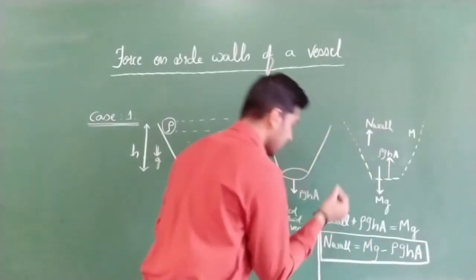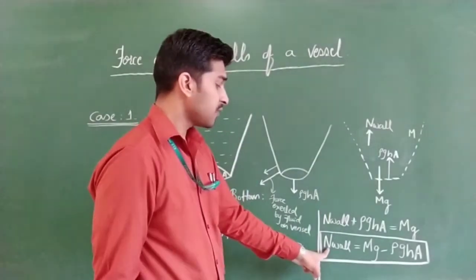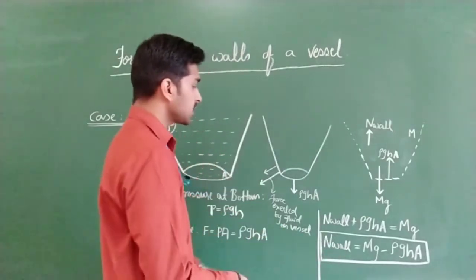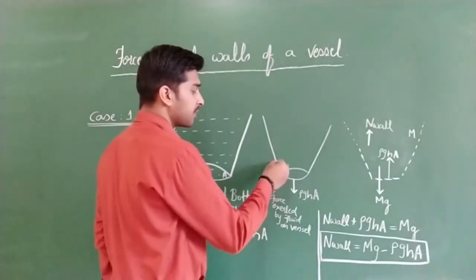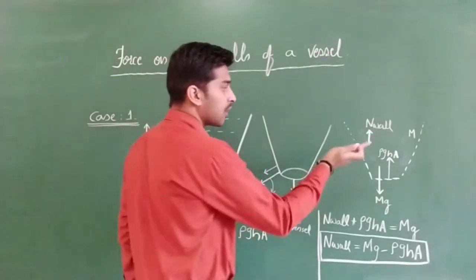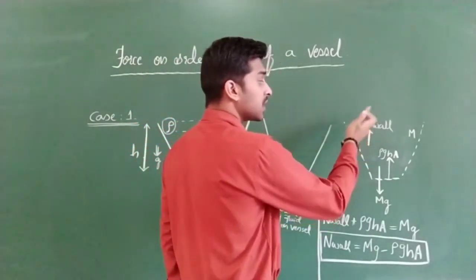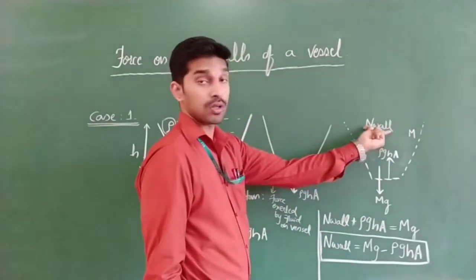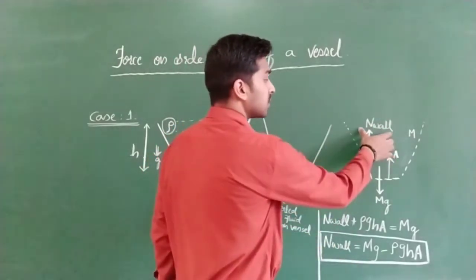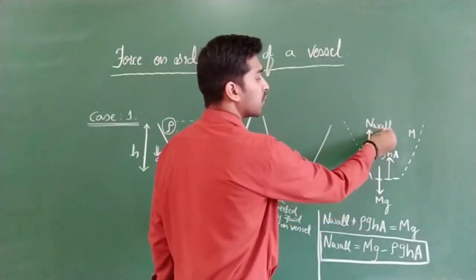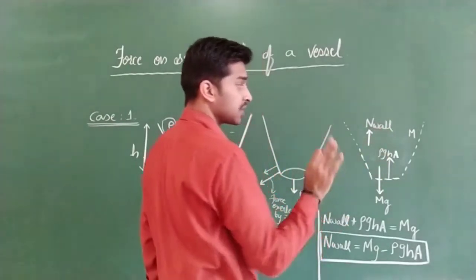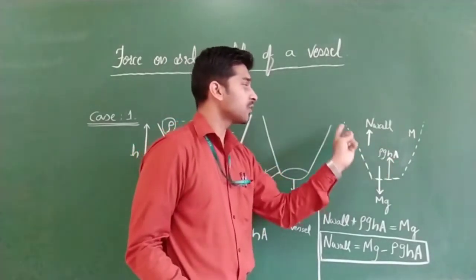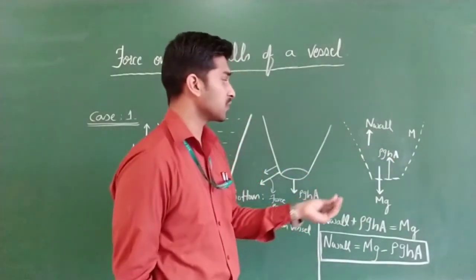So here we came to a conclusion that the normal resultant force due to the walls is nothing but the force exerted by the fluid on the walls. Simultaneously, this vessel will also apply some force on the liquid, whose resultant force will be in the upward direction, that I am going to name N. So this N represents the net upward force due to the walls, clear?